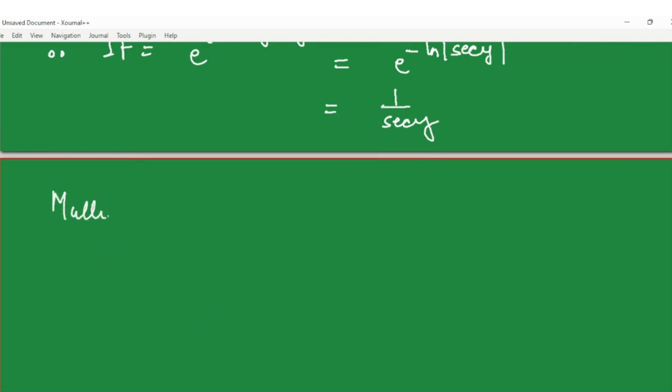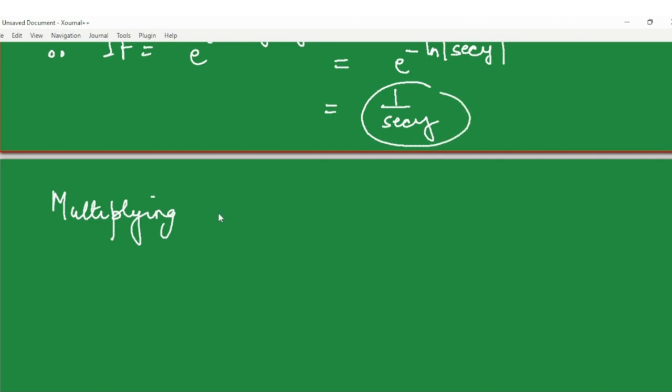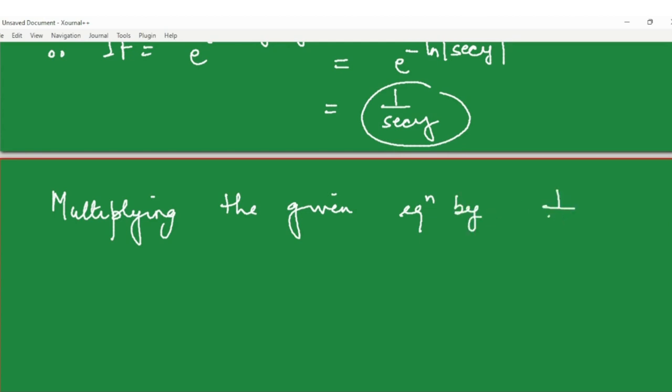So multiplying the equation by the integrating factor: the definition says that it's a factor which on multiplication makes a non-exact differential equation exact, and that is the intent of finding integrating factors. We are looking for factors which on multiplication make non-exact differential equations exact. So 1 by sec y is going to serve as an integrating factor according to the procedure stated in rule 2b. So multiplying the given equation by 1 by sec y, we get,